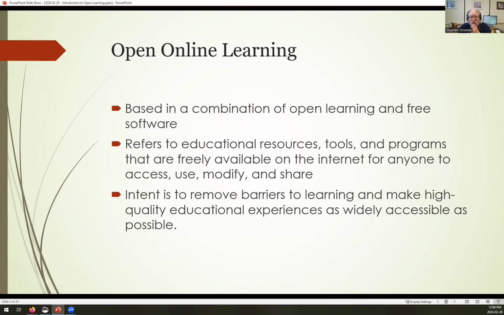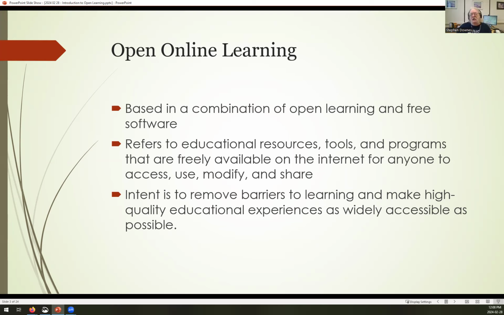So open online learning as a concept is really a combination of something called open learning and free software. And I might even include a third thing in there, which might be something like distance education tools and methodologies.